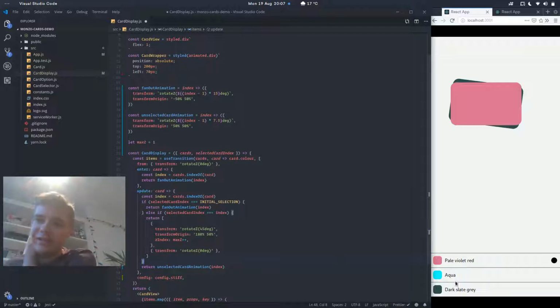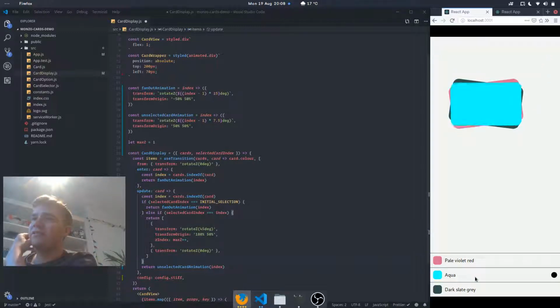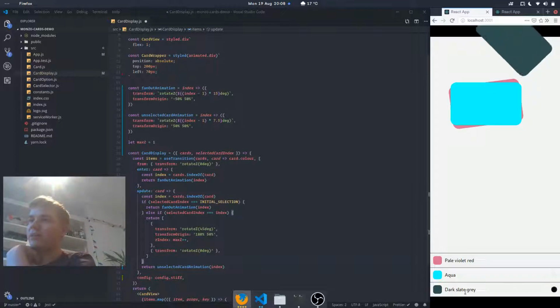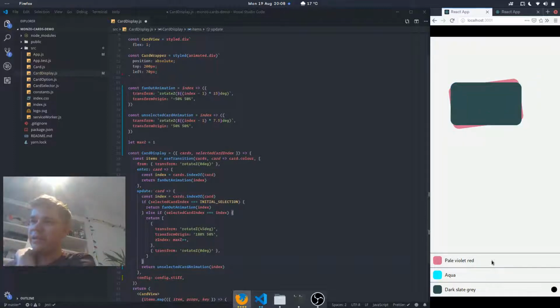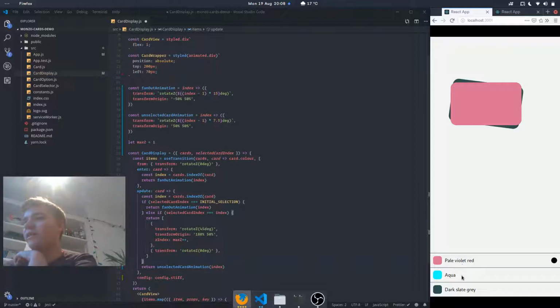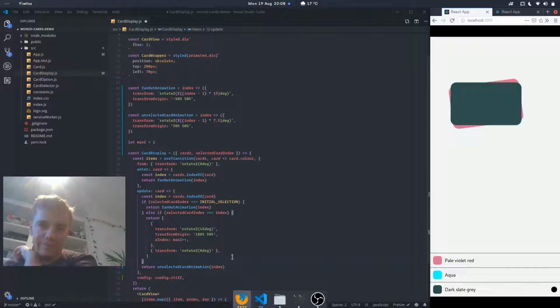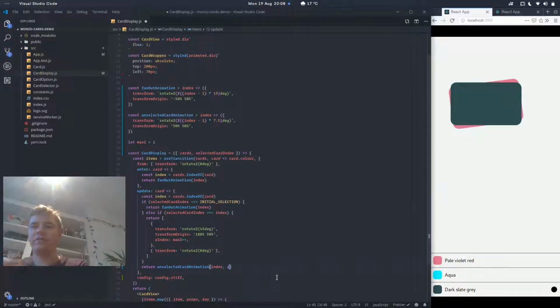So if we're at this instance, it's obvious because the card with a lower index gets 1 rotation, the card with a higher index gets another. But if we're at this one, they both have a lower index, and if we're at this one, they both have a higher index. So for this one, it's the card with index +1, and for this one, it's the card with selected index -2. So if we make this a function of the selected card index as well,